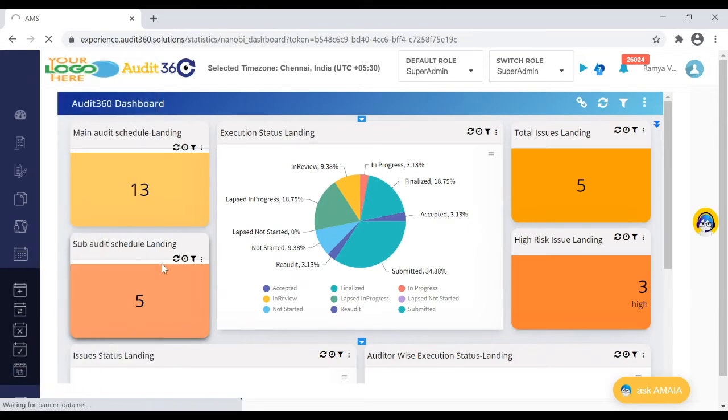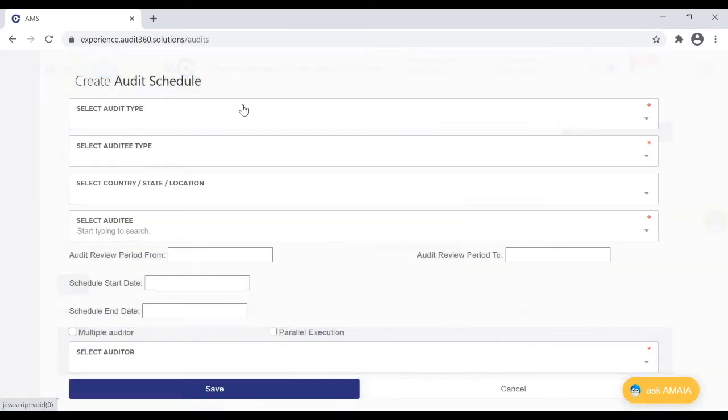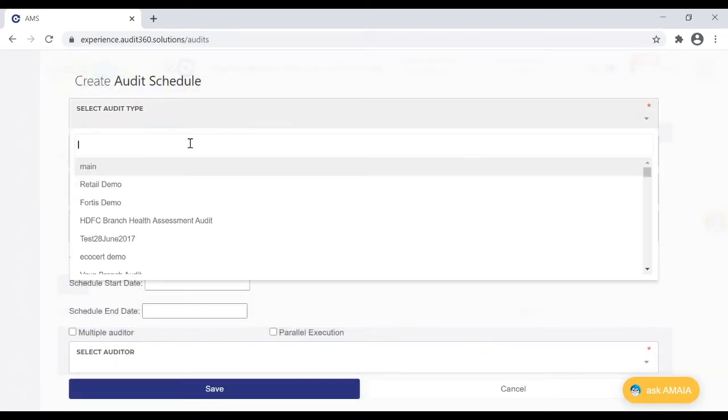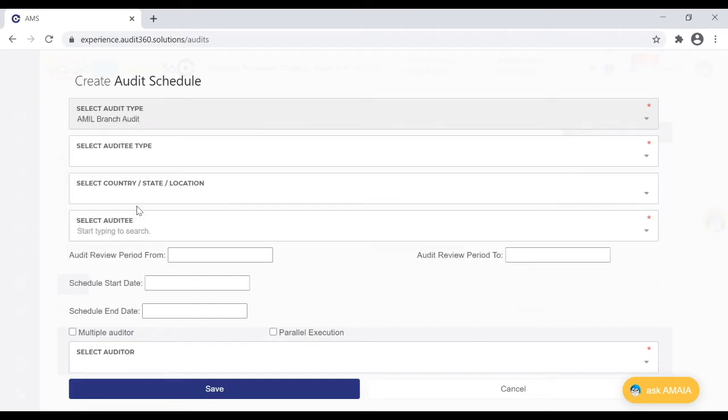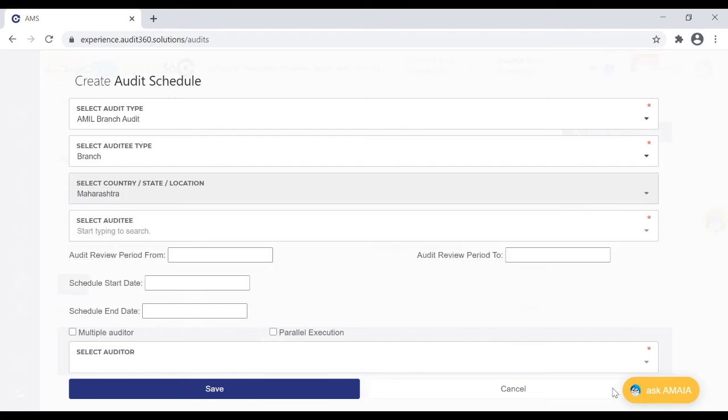So when we are doing a parallel execution, the complete schedule would be shown to both the auditors, where they can execute the audit from whichever group or checkpoint they want to execute. So once the first auditor, or any of the auditors, completes their audit, he or she will be able to click on job done. Once that activity is completed, the other auditor can complete the audit. So whoever is the auditor who finishes the last leg of the audit will get the submission button.